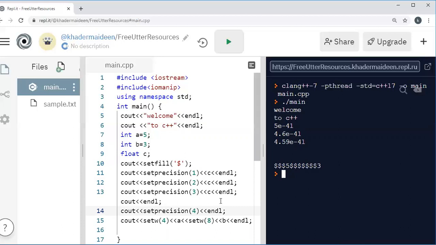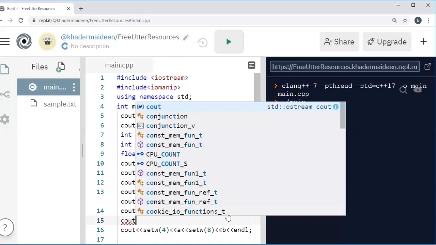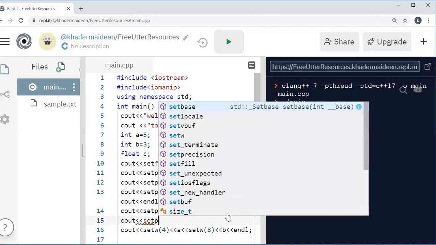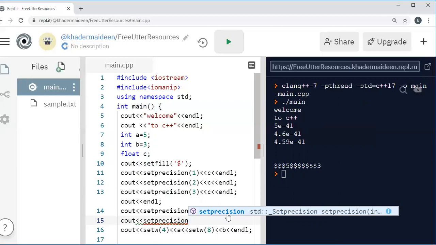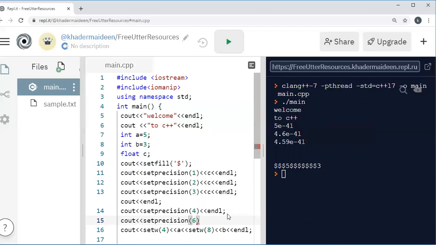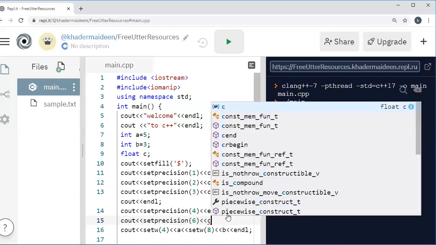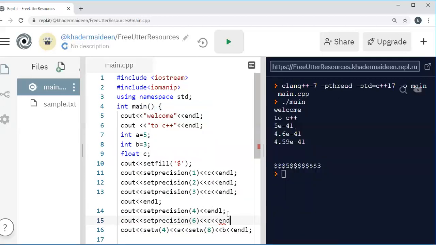The next, suppose that if you give another precision, okay, so this is the use of the setprecision.